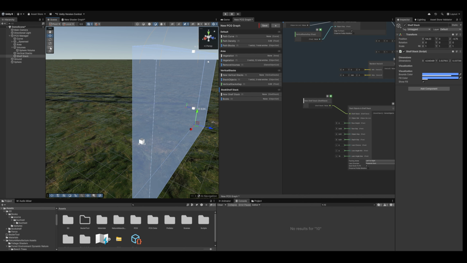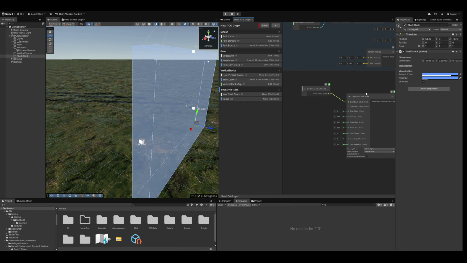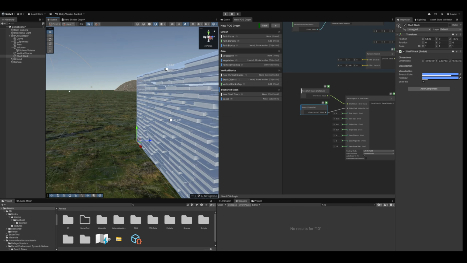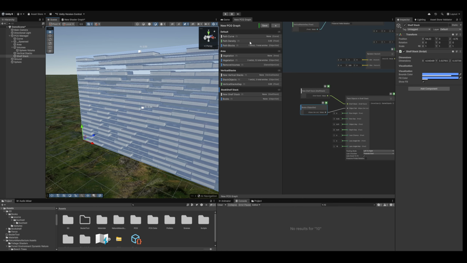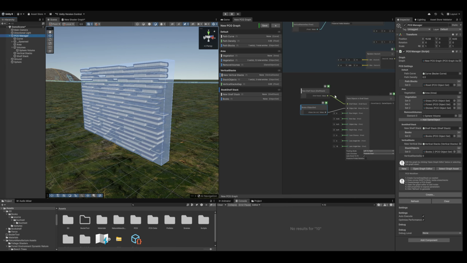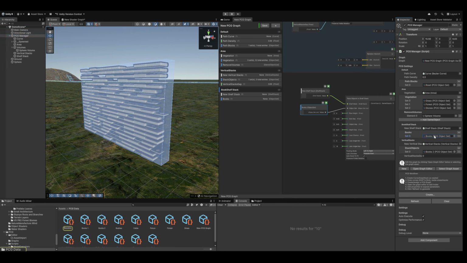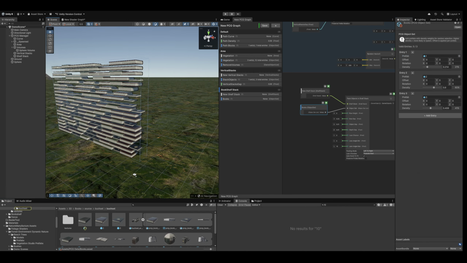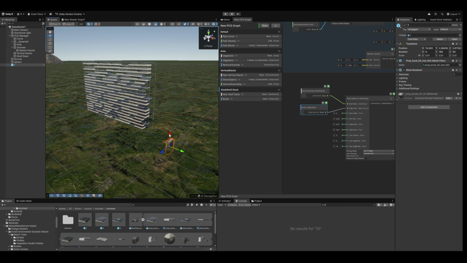And let's see. So currently in our graph, we have the shelf stack, then we have the shelf stack object from the scene, and now we just need to drag our books and connect them to the object set and save. And we can see this is stacking, but not really how we want it to. So let's take a look. So we have the books object here. Let's see what's inside the book object. So I have these books. So let's see, when I drag them into the scene,